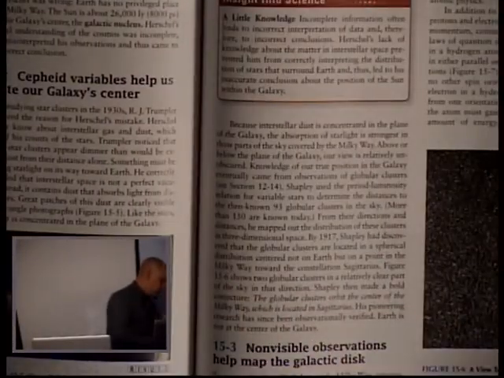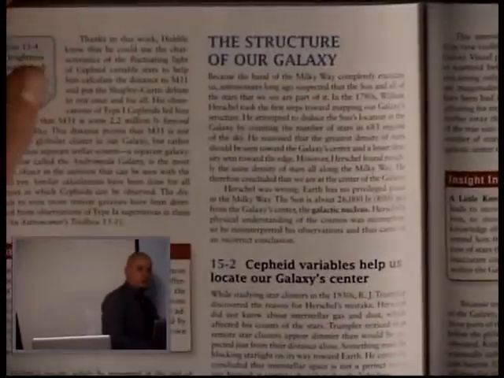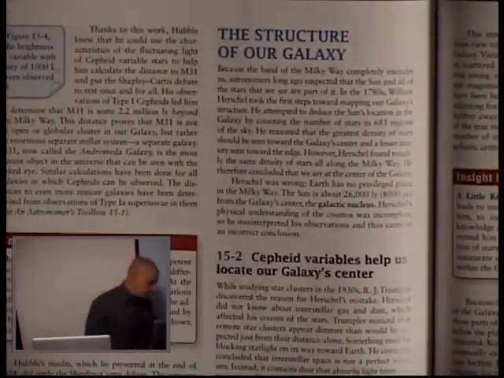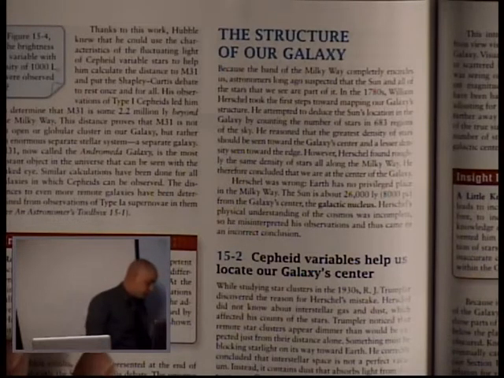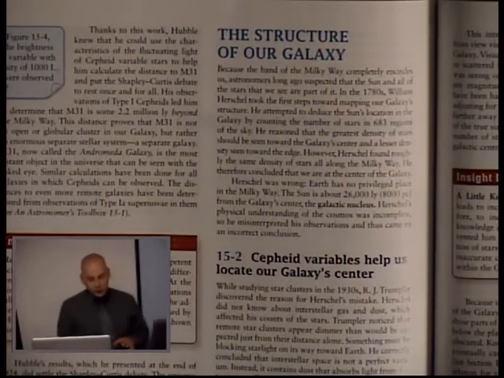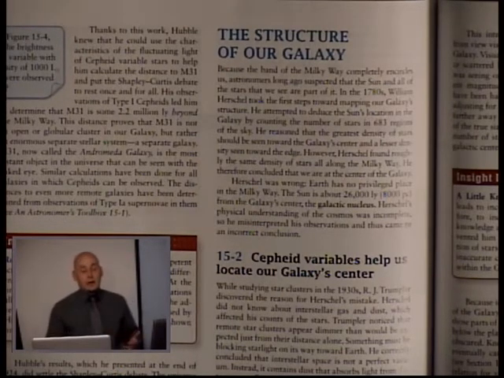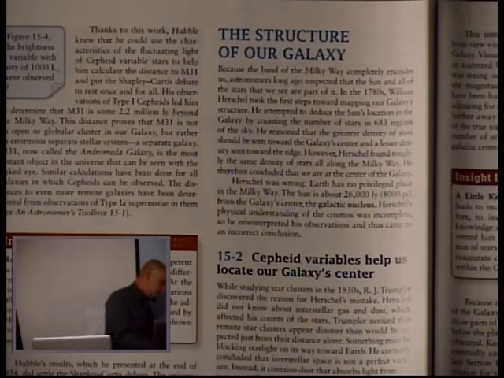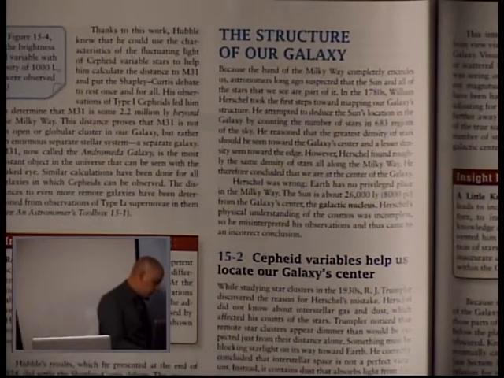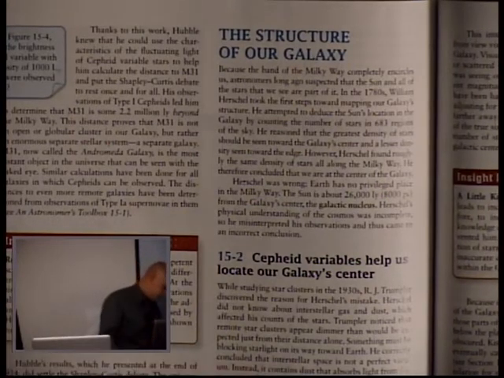Now, it requires a tremendous amount of information, but one of the things that we did to identify the structure of our galaxy was, again, we rely on these things we call Cepheid variables. Cepheid variables are quite useful in terms of measuring significant distances. Now remember, for short distances we use things like parallax or a variety of other more direct methods. But when we're talking about the distance across our galaxy, we end up needing a larger measuring stick, so to speak. So Cepheid variables end up being the ones that we use to do that.